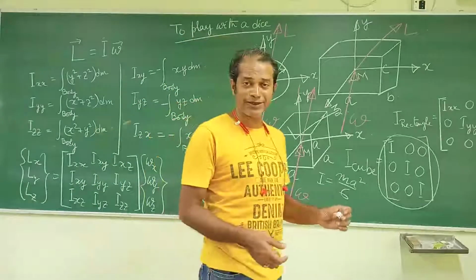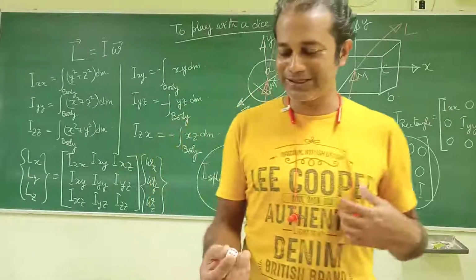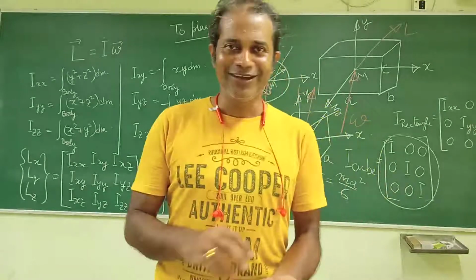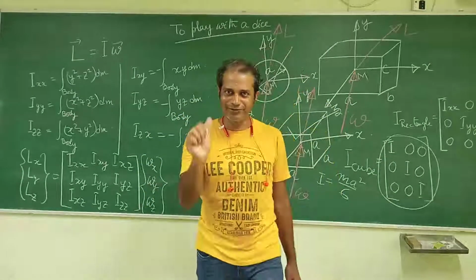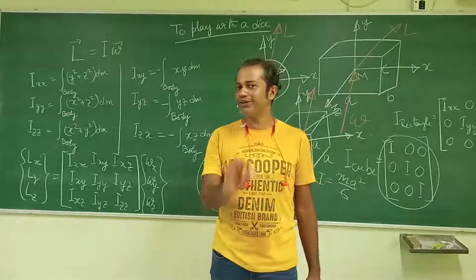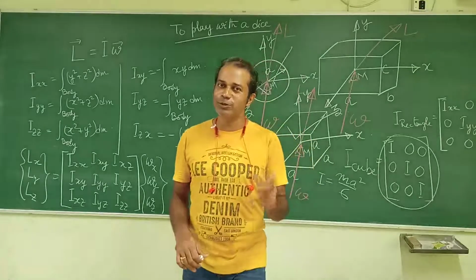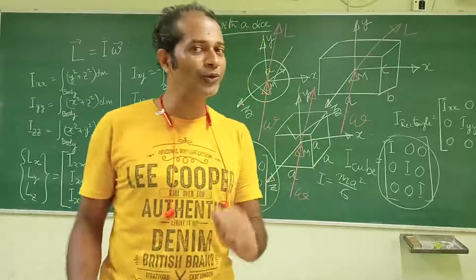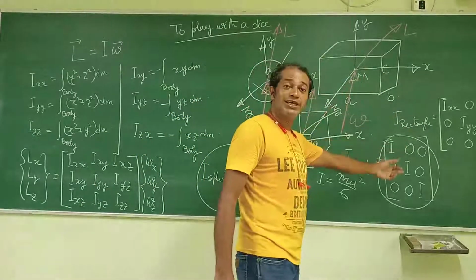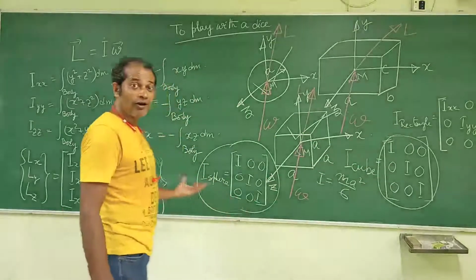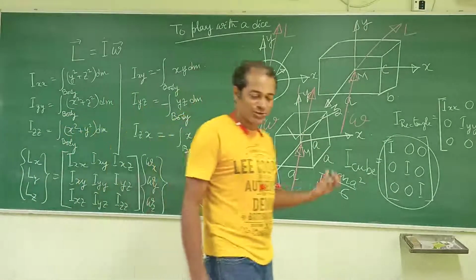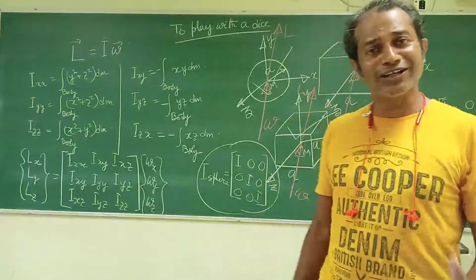So whenever any gambler goes to any gambling place, they always put the dice in their hand and check it in different ways, to see whether there is any material defect. If there is any material defect, they will understand it and put their numbers in their own way. So this is the thing that we should learn from this inertia property. We are understanding inertia as a tensor through this example.